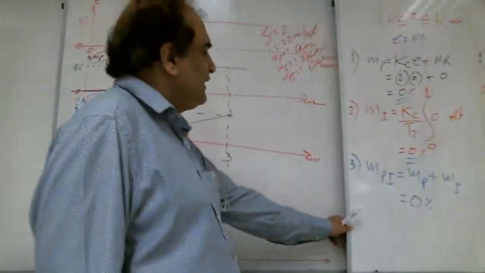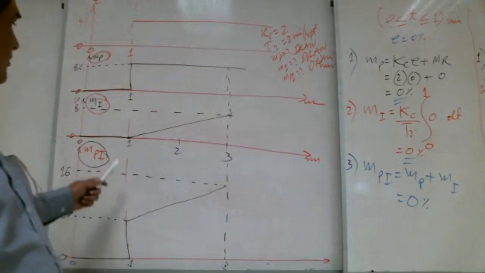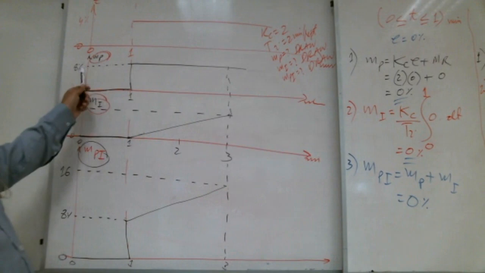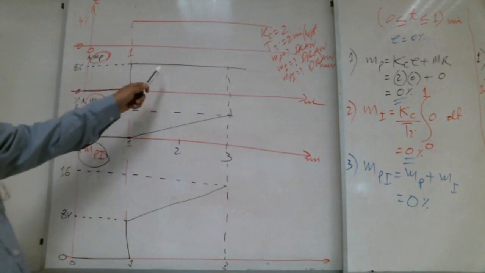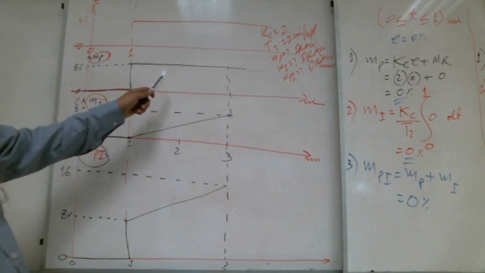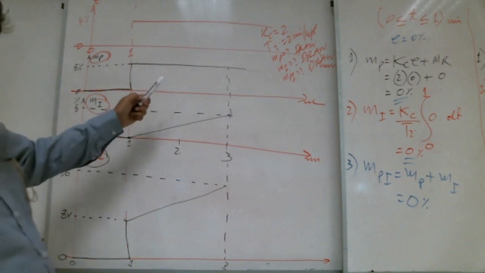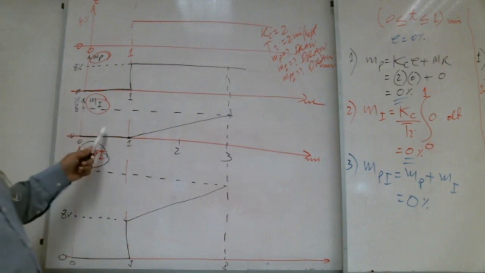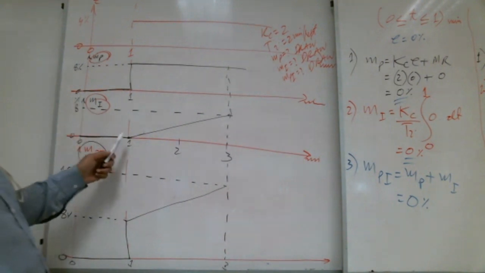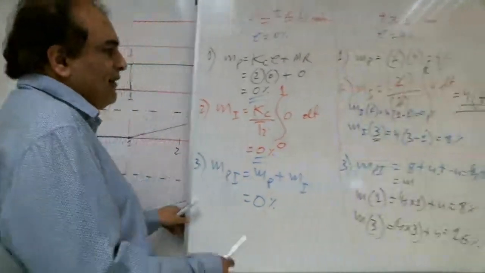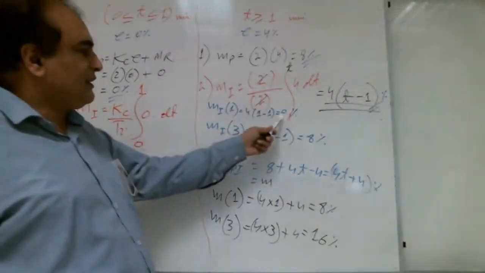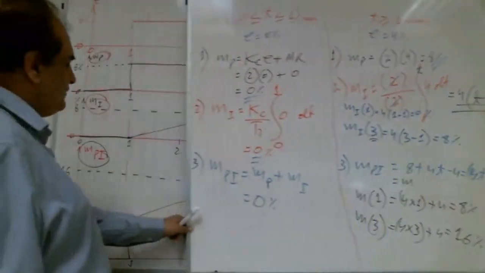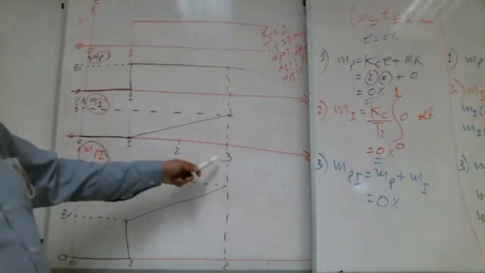Now we need to draw them. So we draw the MP: from 0 to 1, it is 0, from 1 onward, it is 8. Are you with me? That's good. A lot of brothers are saying yes. We draw the MI from 0 to 1, again it is 0, and for after 1 we calculate the values. At 1 it is 0, at 3 it is 8. So we made it: at 1, 0, at 3, 8.